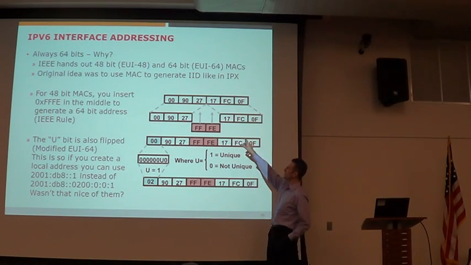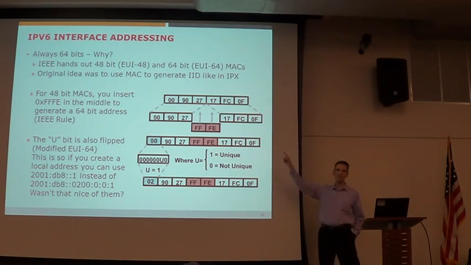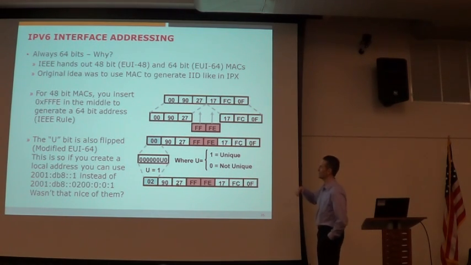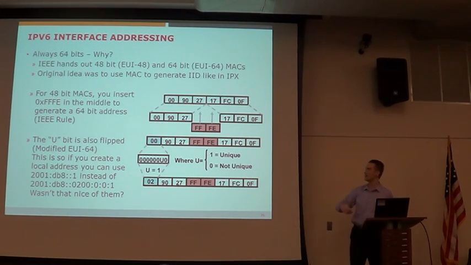All right, the reason we have 64-bit addresses is actually because of FireWire, which is the best example. The IEEE has had 64-bit MACs for a long time. If anybody has FireWire on their computer, you'll notice it uses a 64-bit MAC. This has been out for a long time. That's the real reason. It's not because they're trying to make our life hard. It's just to accommodate everything they had, because the IEEE saw the same thing: 48 bits is not enough. With all the devices that require a physical address, we're going to run out. So they changed to 64.